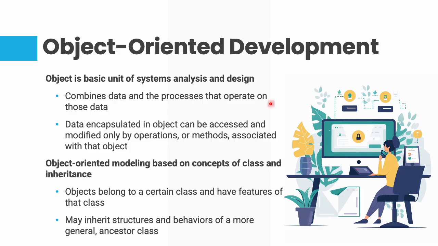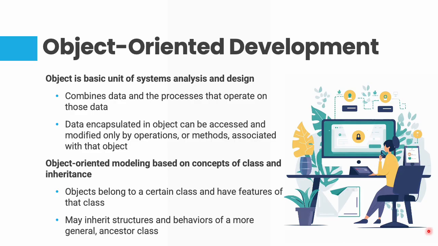Okay, and an object here is the basic unit. Imagine an object is like a character in a video game. Okay, so let's think of a student object. This student object would combine both the data, like the student's name, ID number, and enrolled courses, and the process itself that can act on the data, like the method called enrolling course or calculate the GPA kind of things. And these processes are called methods.